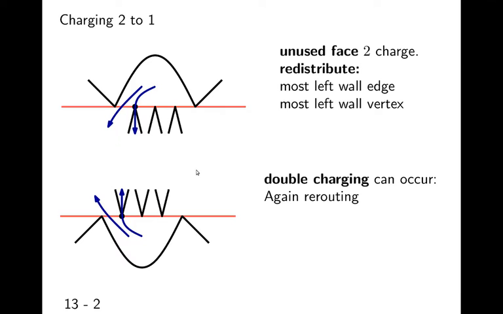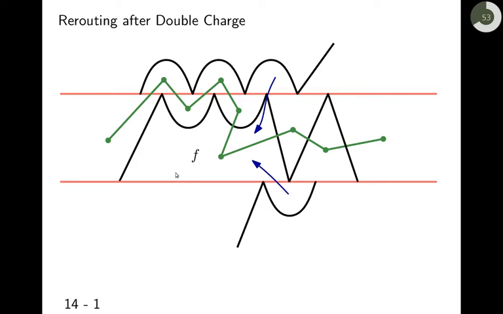The problem is that double charging can occur. If double charging would not occur, we would be done, because then this would show that we use only 1/3 of the faces were not used. But double charging can occur, and after a very careful analysis, we can show that the only way that